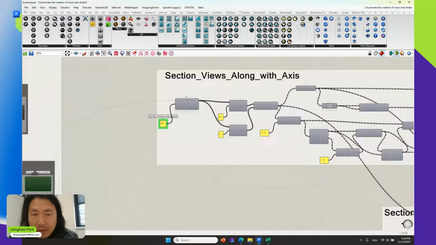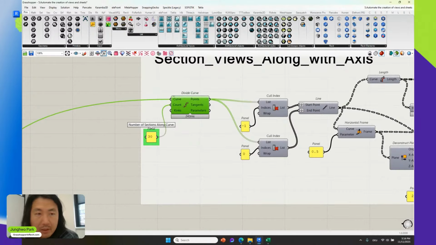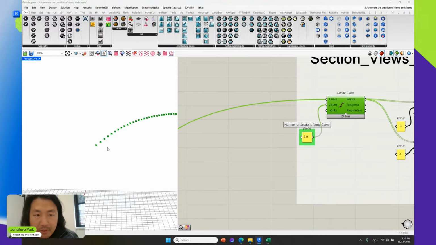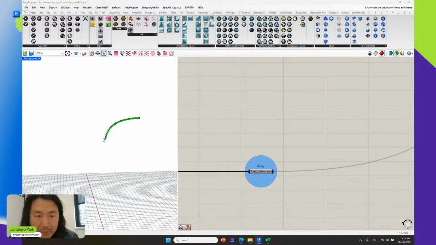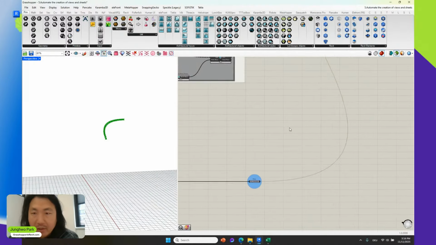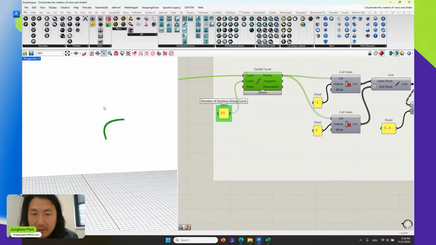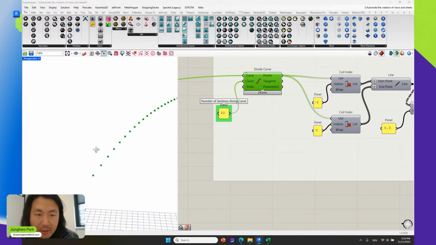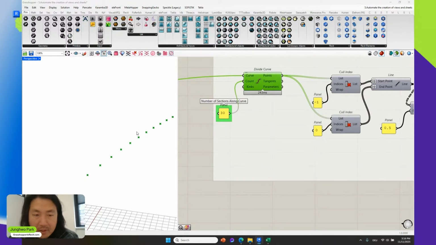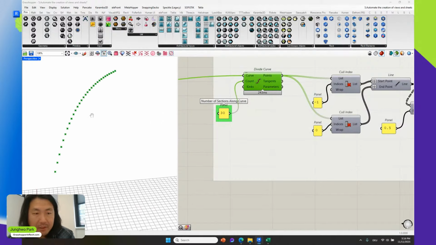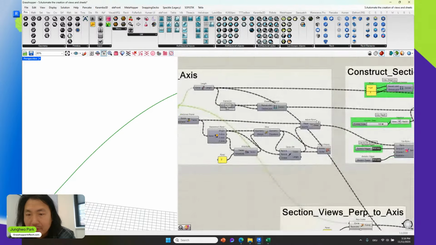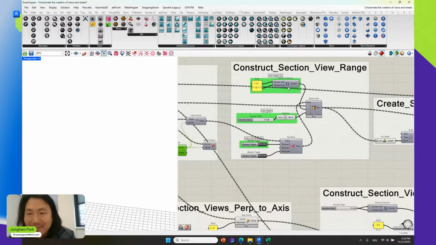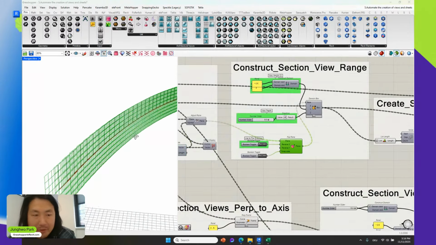So we're going to basically extract the bridge axis. Here we want to divide it into 30 divisions, so we can use those division points as placement of the section views, and we just generate again. Maybe I don't need to explain all this detail, but basically what I'm going to do is generate